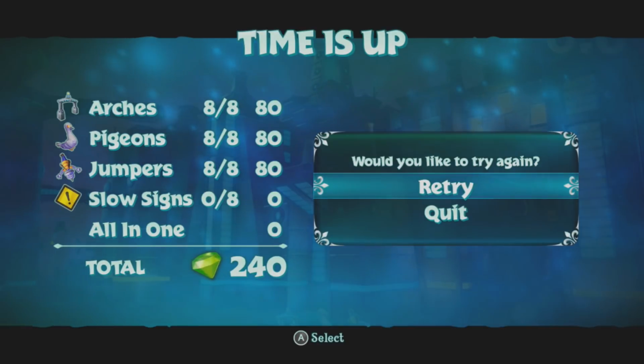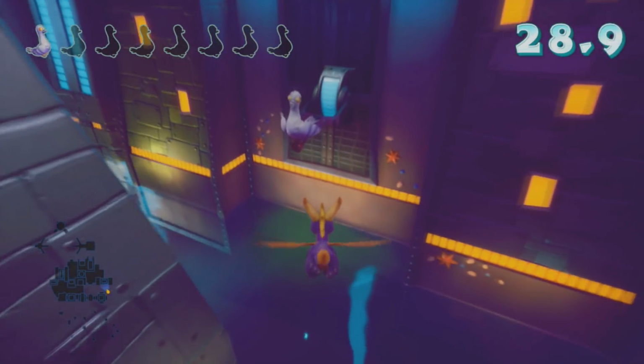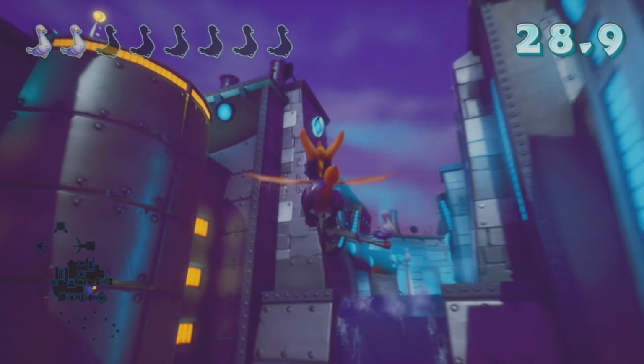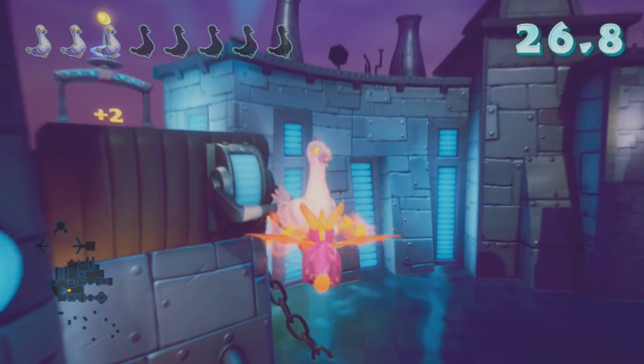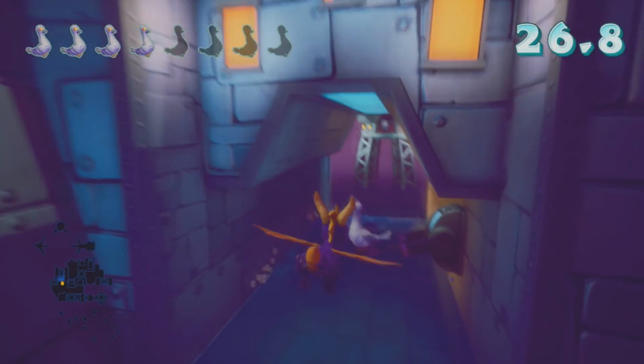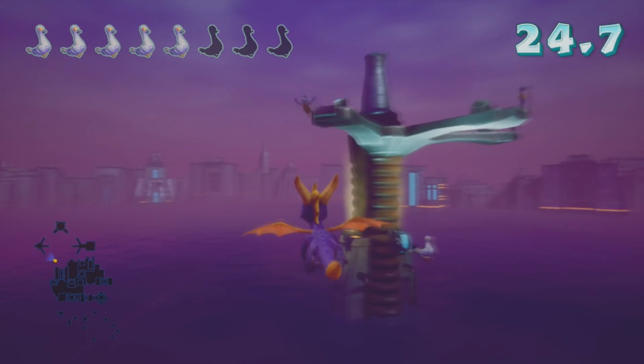The slow signs, which are just guys that hold up the signs. But yeah, those are basically what we're aiming for in this stage. It does seem kind of nice that some of the things are pretty centralized in their respective locations. It's just, again, trying to optimize your movements through the areas to get the remaining things. But I mean, that's pretty much what a great number of these stages are, honestly. It's just optimization of...